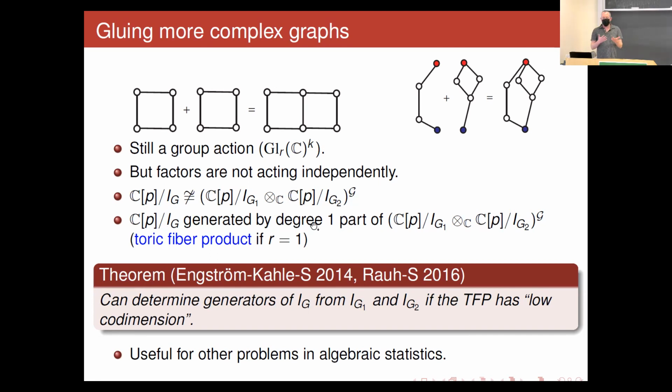And then by analyzing combinatorics, sometimes you can say stuff to figure out what the vanishing ideal of the big graph is. So the case that we understand the best is the case where everything is like toric. That is, this group here is really just an algebraic torus acting. And there you can have a lot of combinatorics where you can kind of get access to what those equations